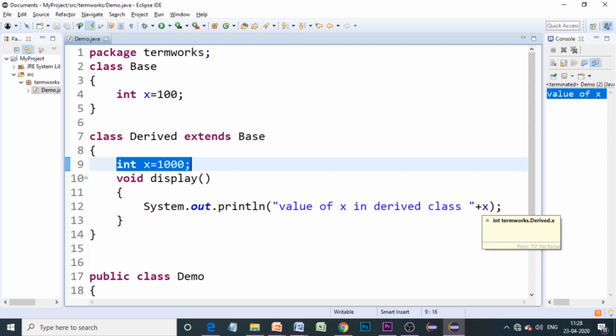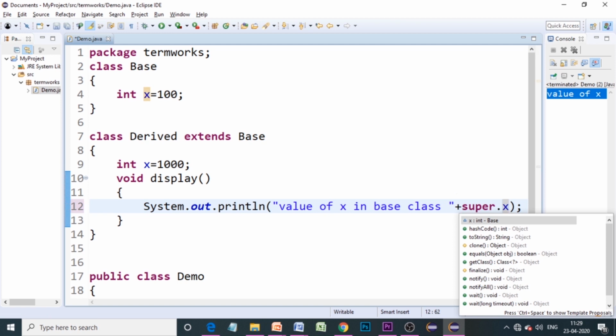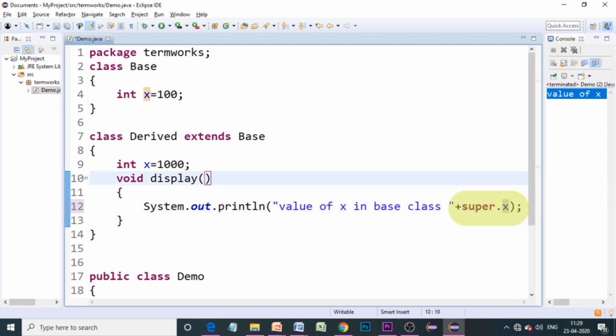What if I want to print the value of x that is present in the super class, that is in the base class? So let's print that: value of x in base class. Let me change this. This is base class. Here we need to do a little modification. We have to use a keyword, super.x.